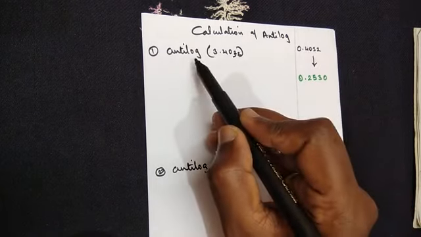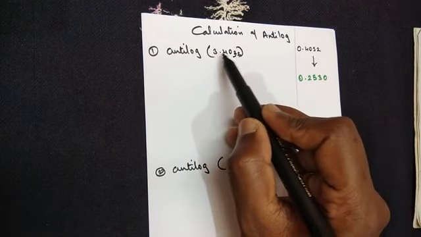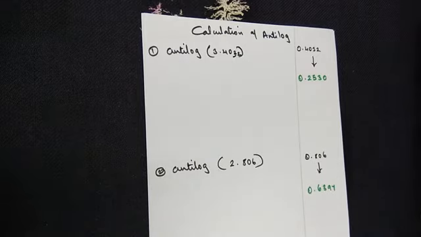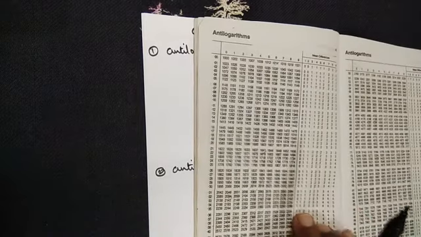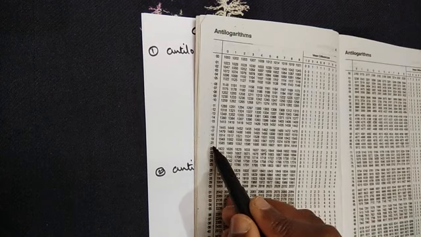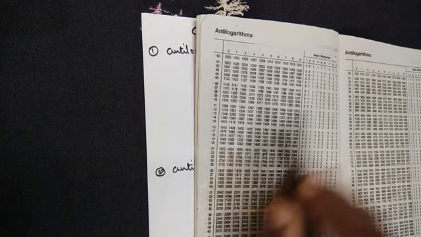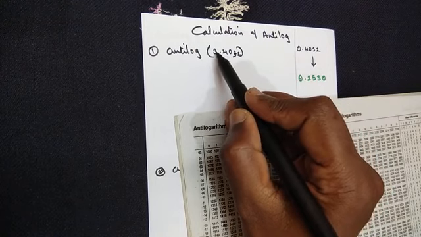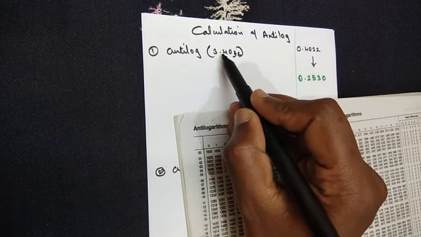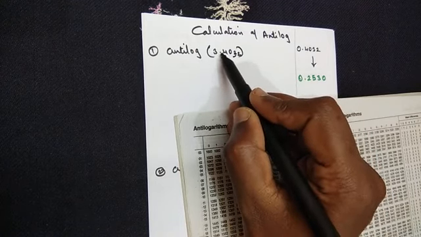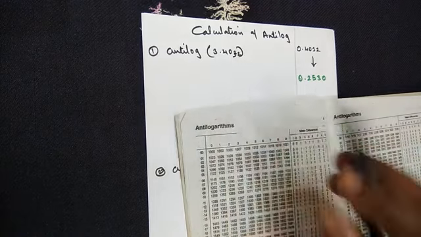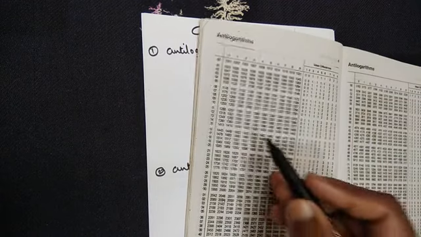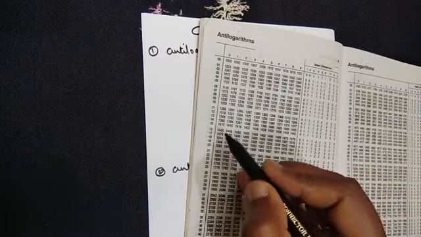Now, the given question is anti-log of 3.4032. We have told you in the previous class itself, when we calculate the anti-log, we have to calculate for the decimal numbers, not for the whole number. So forget about the 3 that is given. Look for anti-log of 0.4032. As we used the log book, a logarithm table, for the whole numbers, use the anti-log table to calculate it.